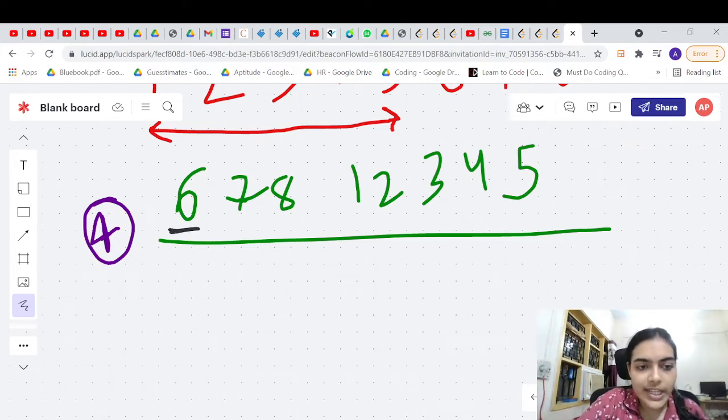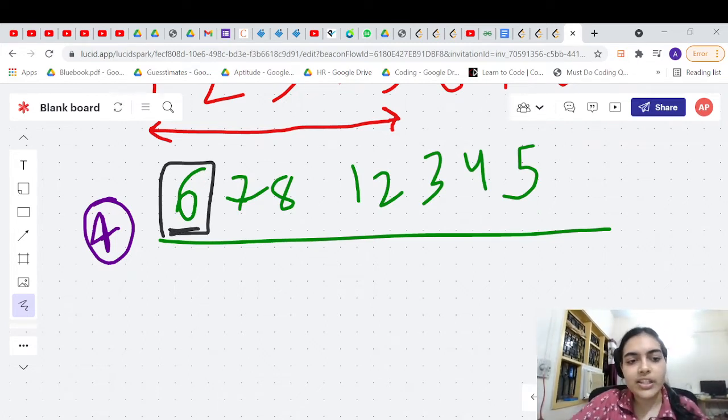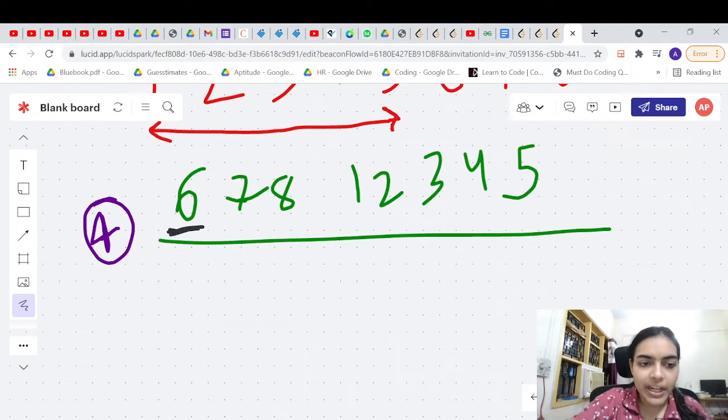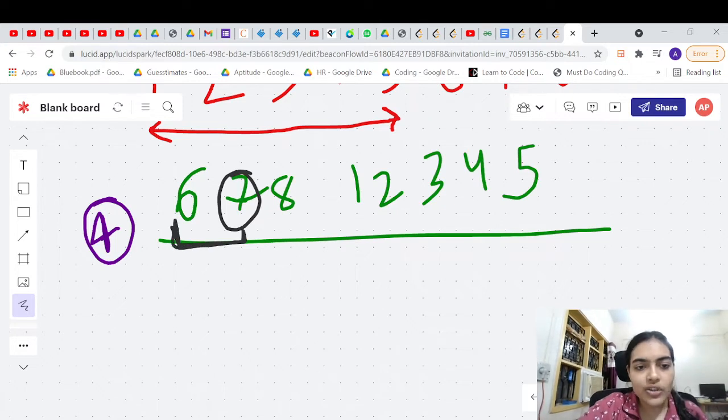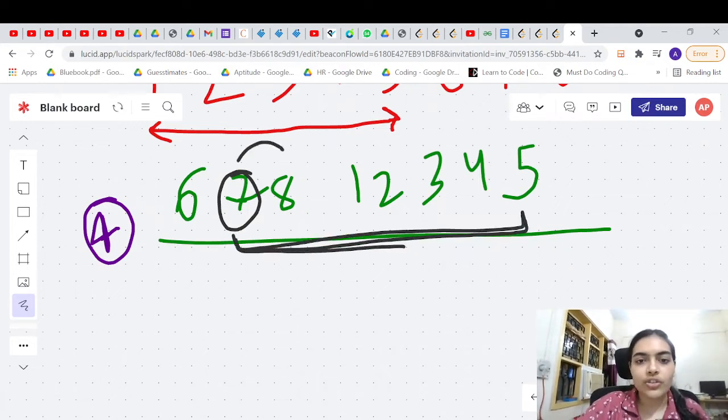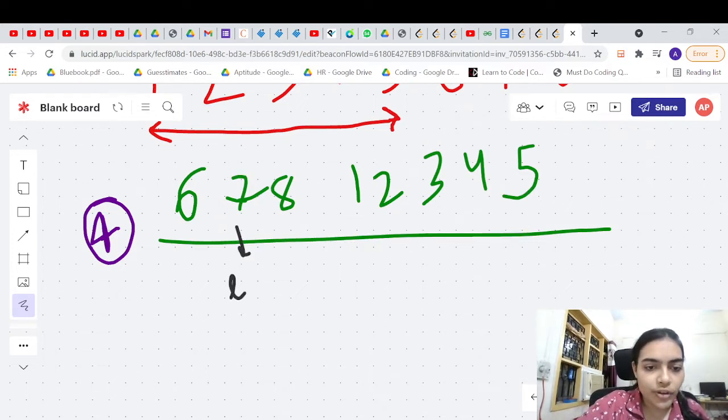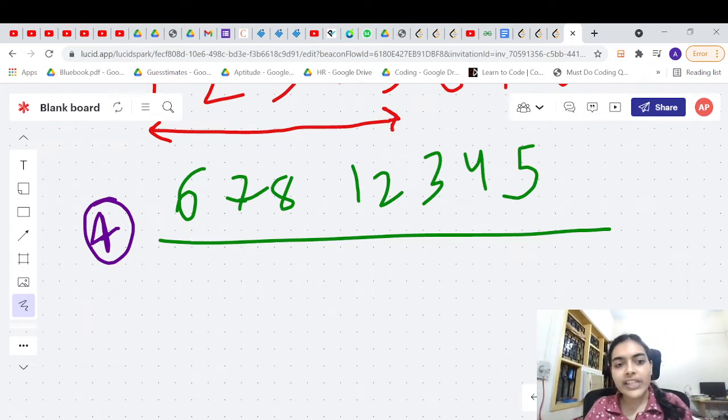Suppose you are looking at this element, right? At this element, is it sorted? It is sorted, right? From the left it is sorted. Okay, let's take more examples. What about this element? If you take this part, it is sorted, right? So it is sorted from the left side. But if you try to see from the right side, it is not sorted, right? These elements are not sorted. 7 8 is sorted, but then all these elements are smaller. So this element is sorted from the left side. This element is also sorted from the left side. Okay, so each element will be sorted from the left or the right side in this array.